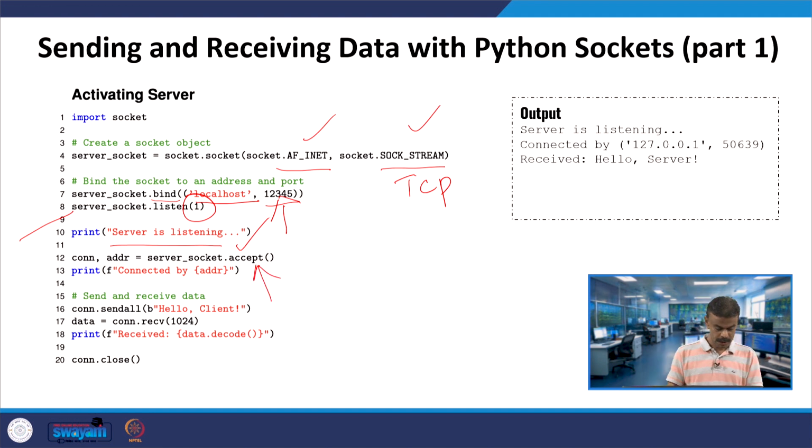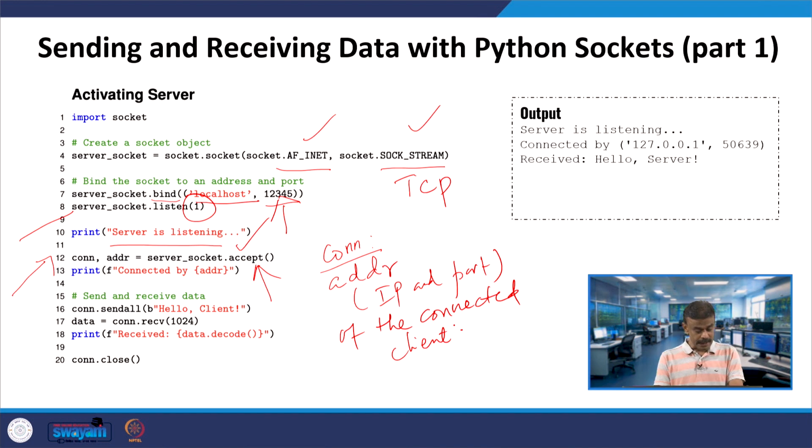The full meaning of line number 12 is that this is waiting for an incoming client connection, and conn is the new socket object for communicating with the connected client. addr is the address, IP and port of the connected client.